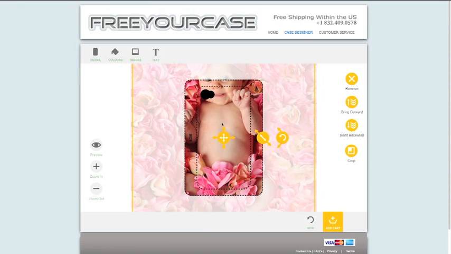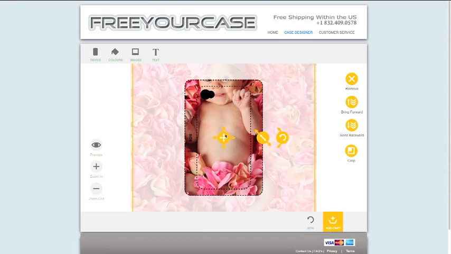In addition, the resolution size must be at least 300 dpi. That's important because the quality of your picture will determine the quality of the finish on the cell phone case. So please pick the best picture that you have available. Having said that,